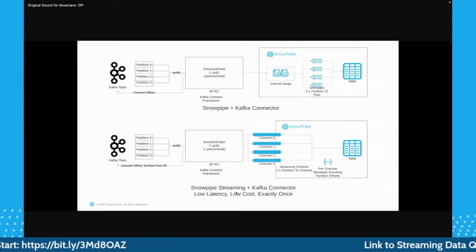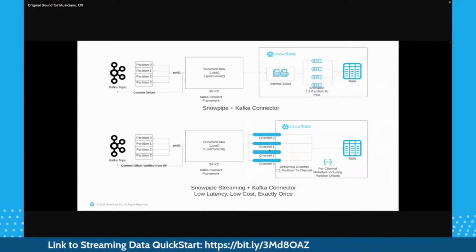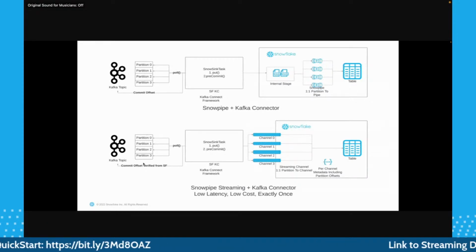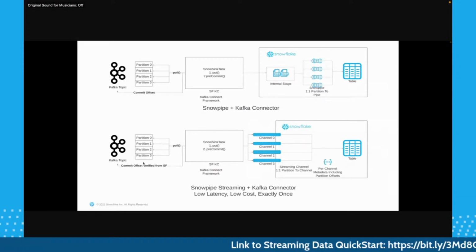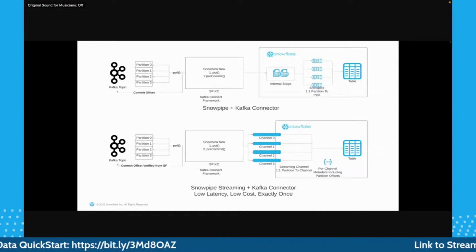With Snowpipe streaming coming into the picture, the concept of a file and internal stage has been taken out, and replaced by a new concept called channels, and every channel is mapped to a partition. So if your Kafka has, let's say, 4 partitions, or it can go up to, we don't have a hard number, because most often when I speak to my customers, there's a question: is there a hard limitation on the number of partitions?